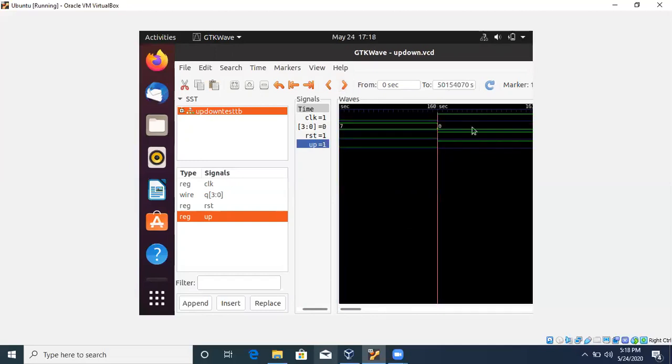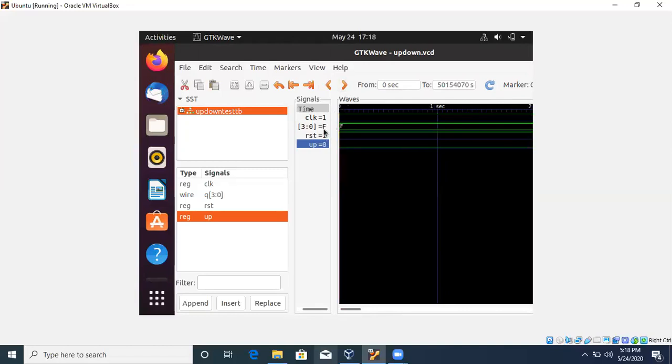At the next cycle, after finishing the complete down count, it will start with up equal to 1 and reset is applied. That means all your values will start from 0. The next cycle, it will count from 0, again F, again 0, and so on. In between that time interval, we can observe individually also.